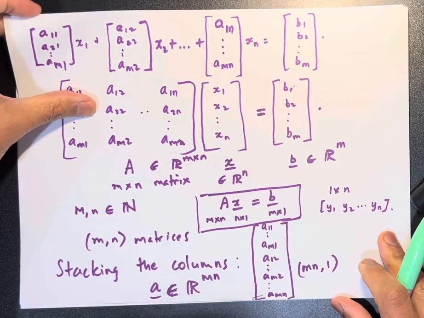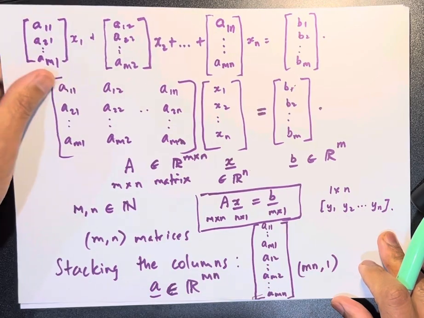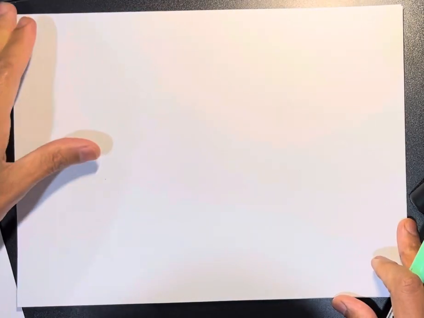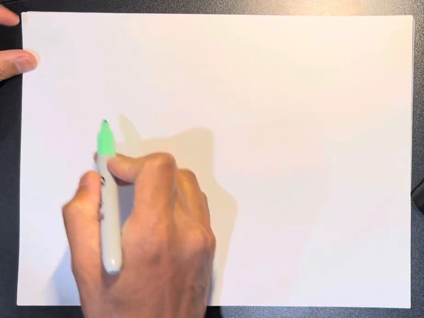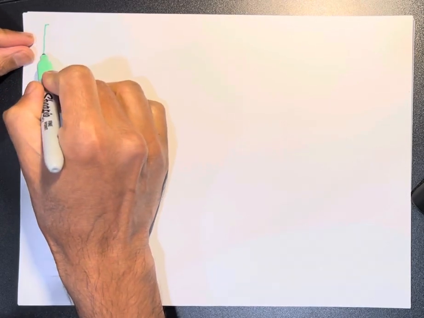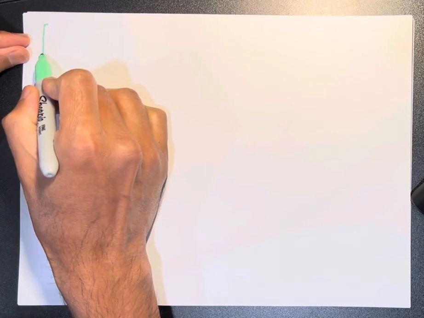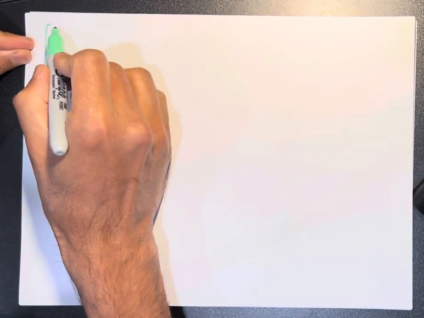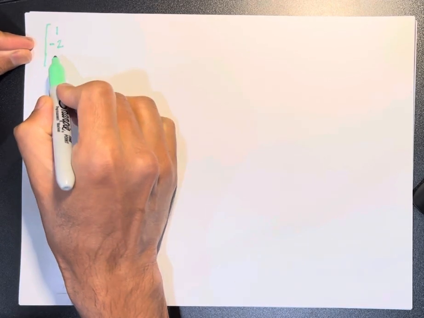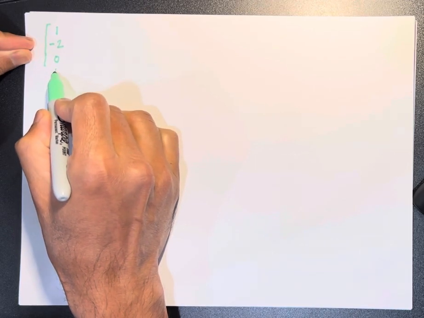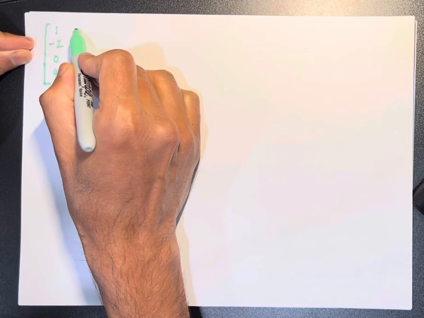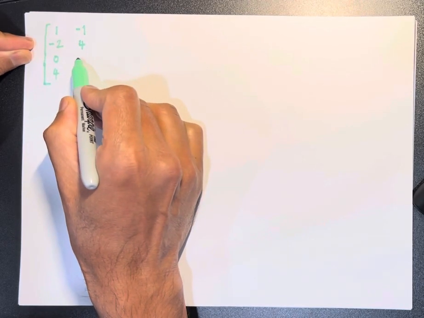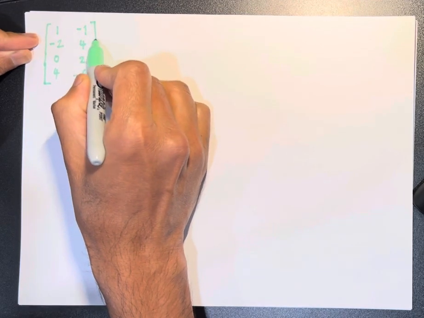They have a very simple example of a 4 by 2 matrix, right? So let's take a 4 by 2 matrix, which means it has 4 rows and 2 columns. So I'm going to have 1, 2, 3, 4 rows, and then let me make it a little bit bigger. I'll close it once I write the numbers. So it's going to be, let's say, 1, minus 2, 0 and 4. So this is one column, and then in another column, let's say we have minus 1, 4, 2, and minus 6. Now this is a 4 by 2